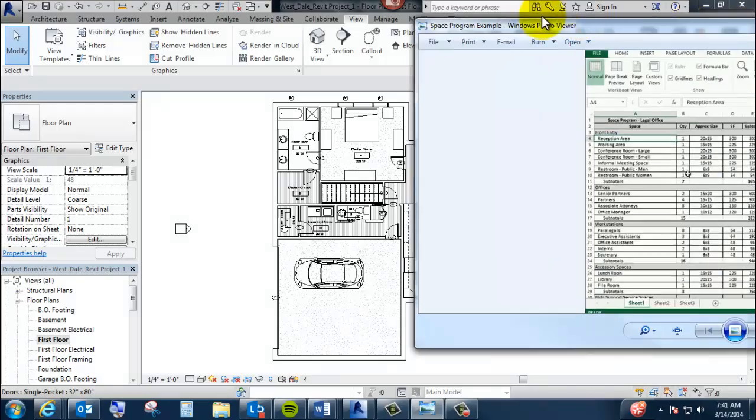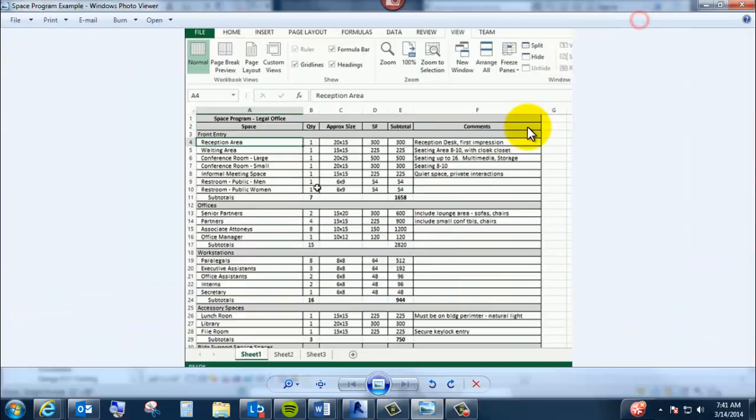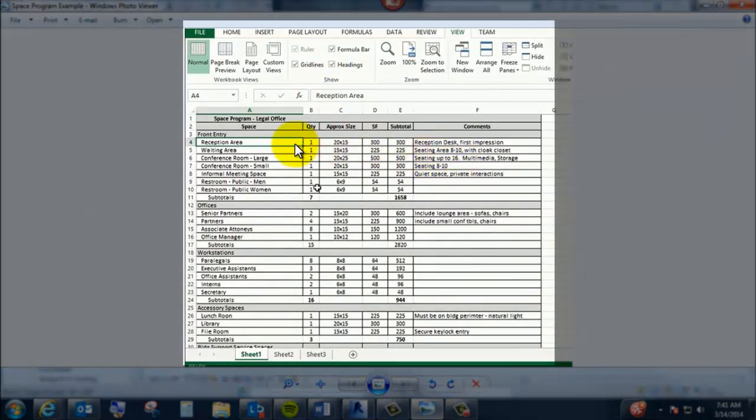So to give you a little bit of history of how the industry normally works in architecture, an architect will talk with a customer to generate a space program like you see here to meet the needs of the customer. So the first column, you'll see the names of each type of room this customer is looking for, the quantity of the rooms, the approximate size, square footage, and the subtotal of the square footage based on the quantity, as well as some comments that the architect has made to meet the special needs for each room